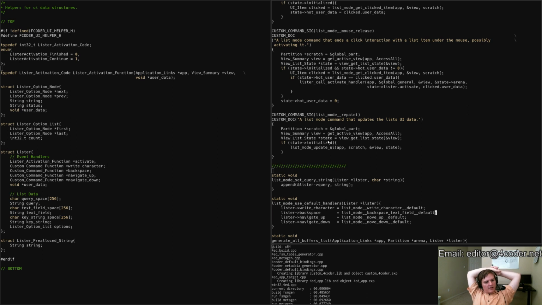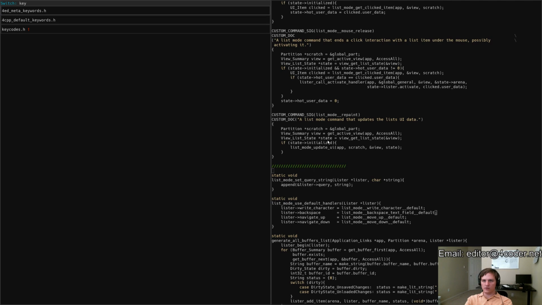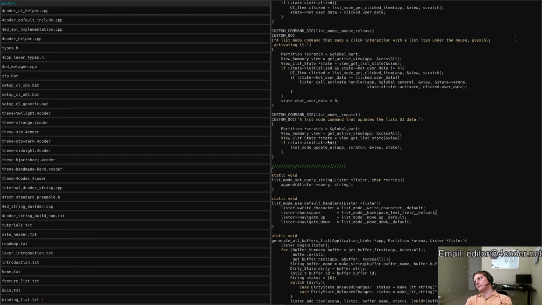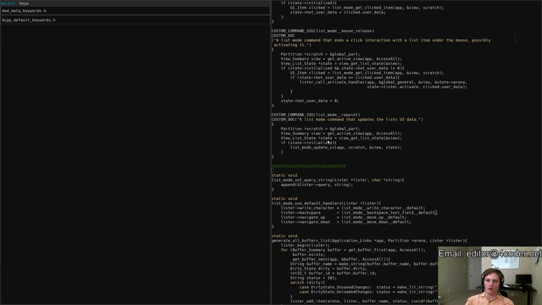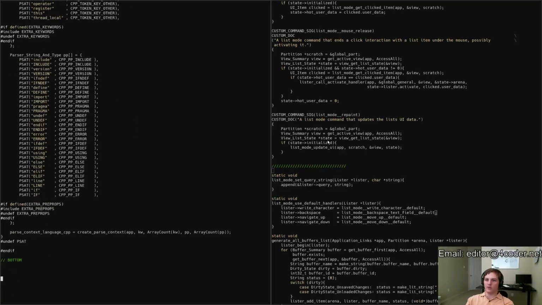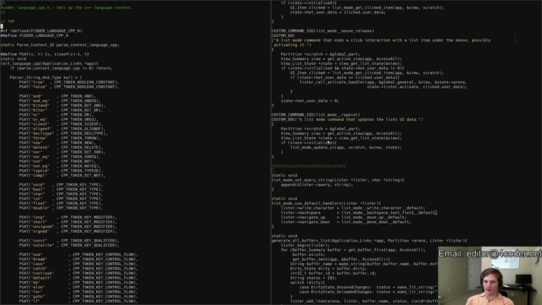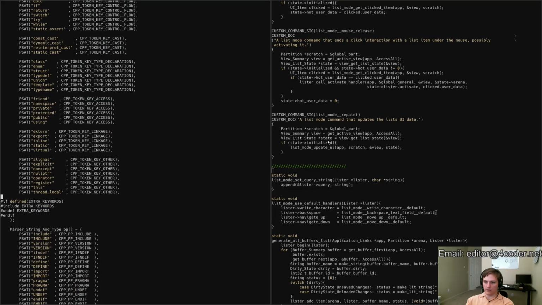Valbus asks, when will the typedef keyword highlighting like Casey has become a thing? Casey doesn't really have a thing that highlights his typedefs. What he did was, well, he has access to the core, so he did this in a slightly different way. But if you have the custom layer, you can make a copy of language CPP or edit it yourself and just put in keywords for the things you want. Like I could just go